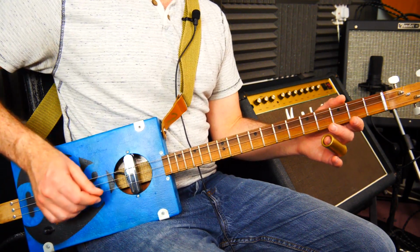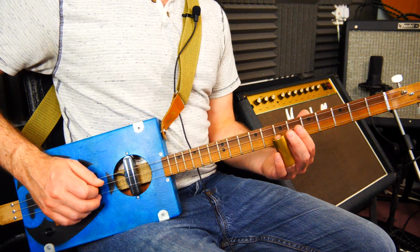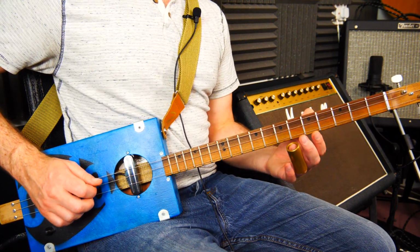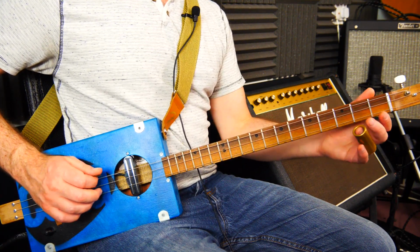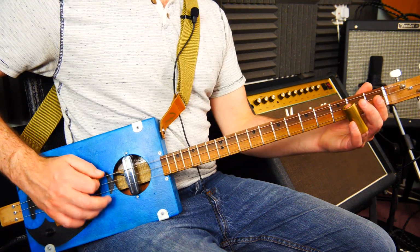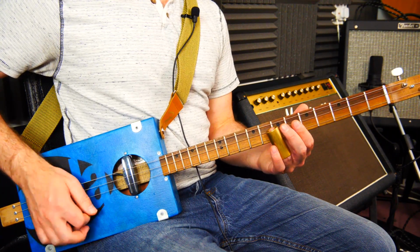These are all downs, by the way, but I'm going to do a downstroke and an upstroke straight away. And again, that gives me a group of 4 notes. 1, 2, 3, 4. And then pull off, slide straight back into 4. So we've got